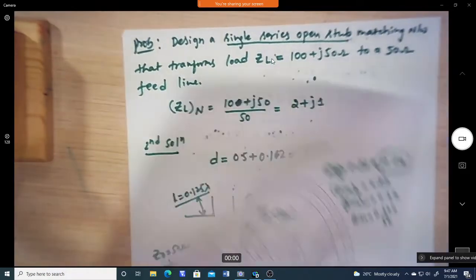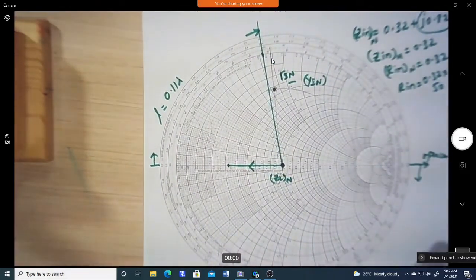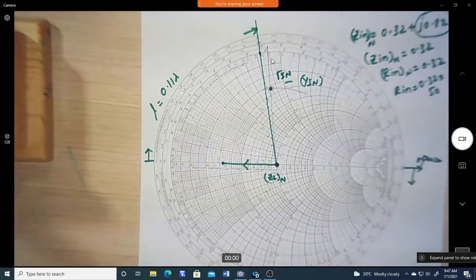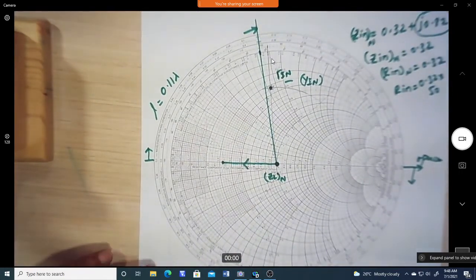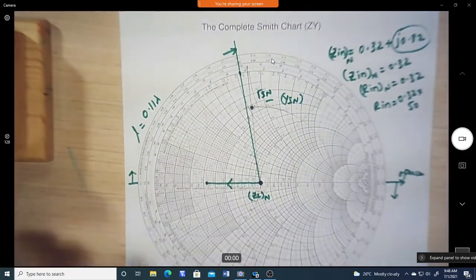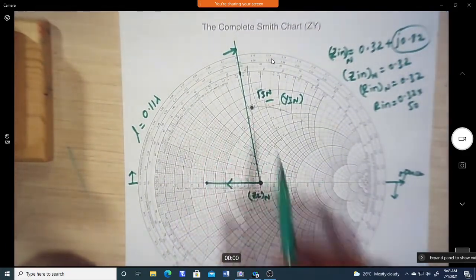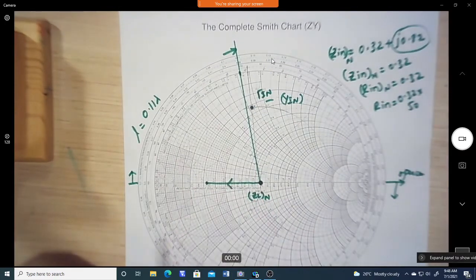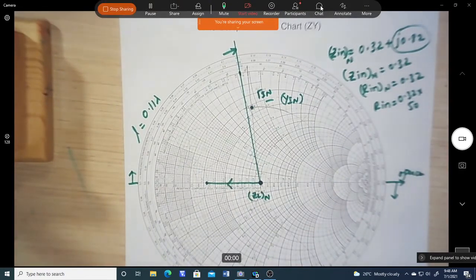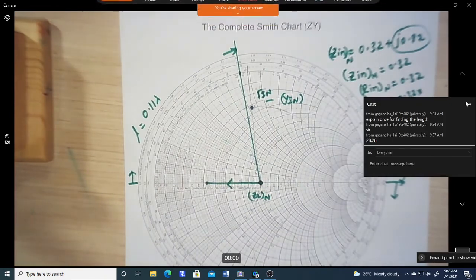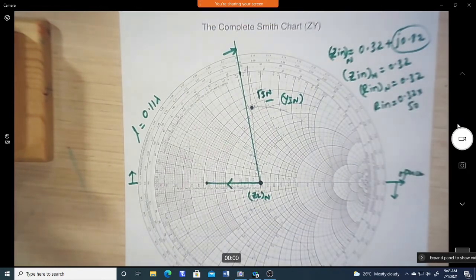Okay, so this is the stub realization and different solutions for the loads by taking different stub values. Now we have solved many problems like the series stub, short circuit stub, and even the reflection coefficient transformation from the load. Till now, if you have any doubt you can ask. You need to practice more in order to get very good insight into how we can do that, and if you get any doubt you can ask.